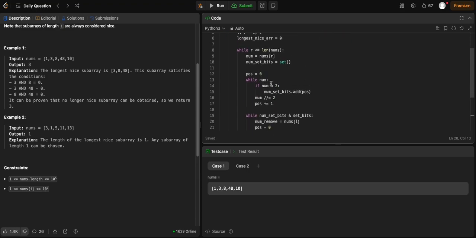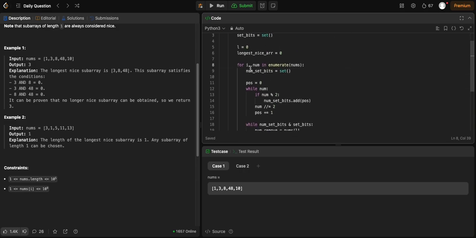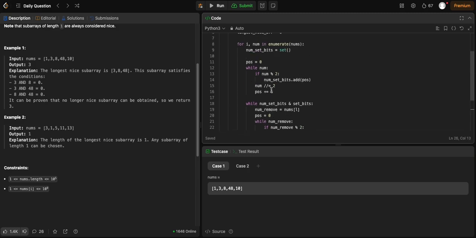the size of L to R. Wait, actually. Yeah, I don't think I need R, right? I just do for ix, num in enumerate nums. And then, because we look at R once anyways, we don't need this line at all. We just do that. And then if we look at the first, the 0th index number, and L is at 0, well, that means we have one thing in there, right? So what we want to do is after this loop here,